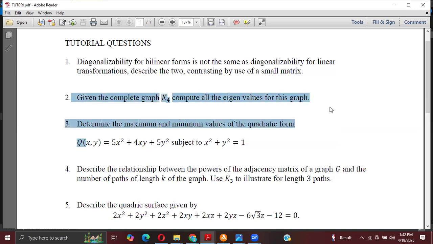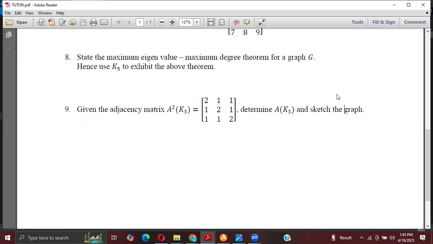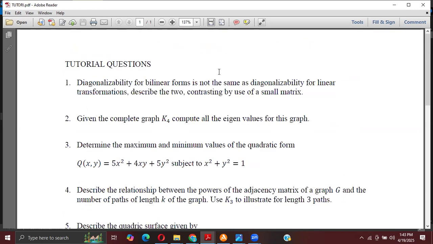Given the complete graph K4, compute all the eigenvalues of this graph. And that question also is related to this other one here. State the maximum eigenvalue, maximum degree theorem for a graph G. Hence, use K5 to exhibit the theorem. So anyway, now here, let me just go to those